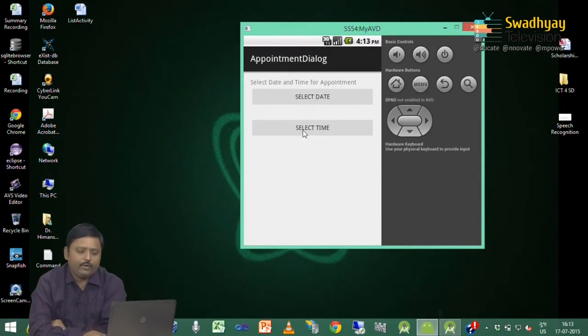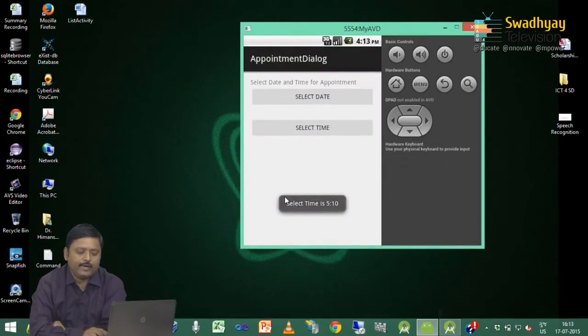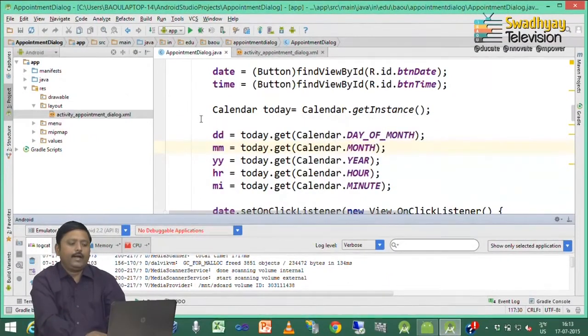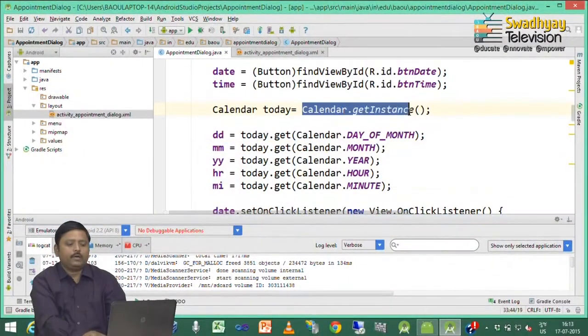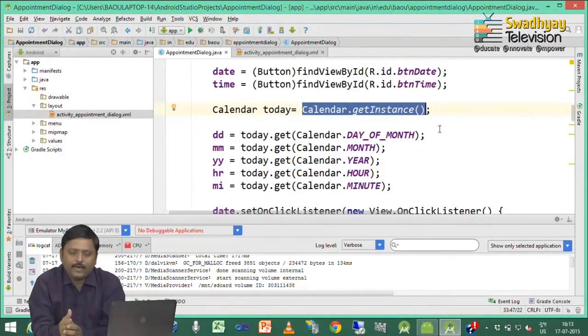Likewise, whenever you press this select time button, this shows the current time and you can change this time, and whenever set is pressed, it shows the selected time. So, inside the code we wrote calendar today is equal to null, but since we have not created an instance of this calendar object, we were getting that force close error.